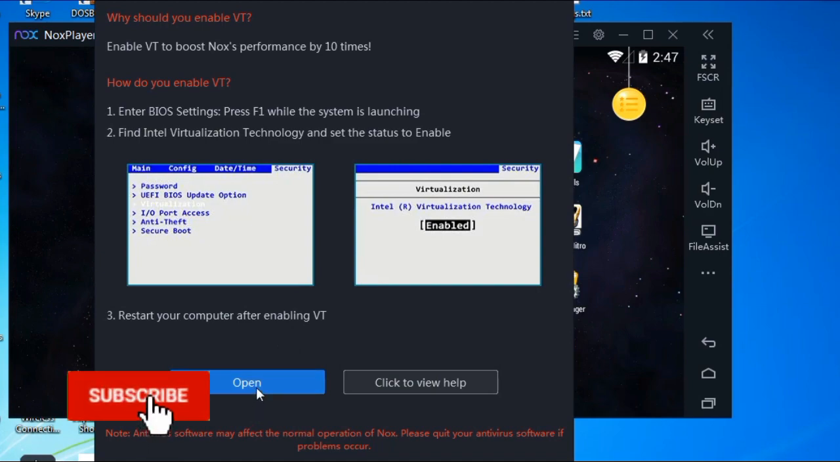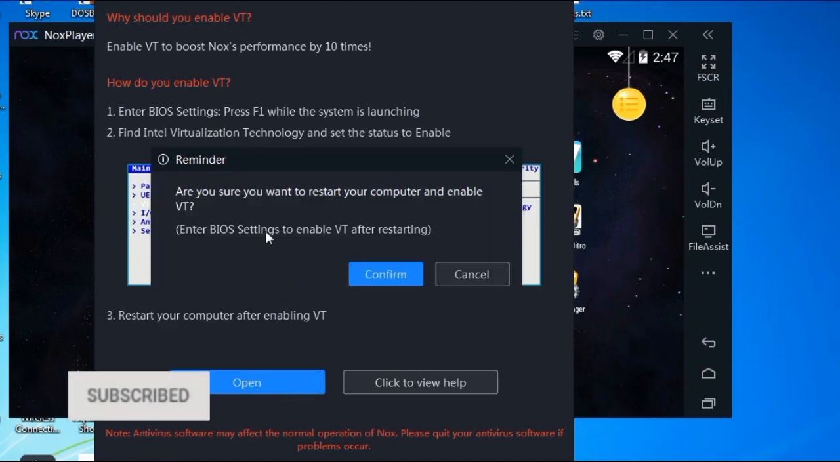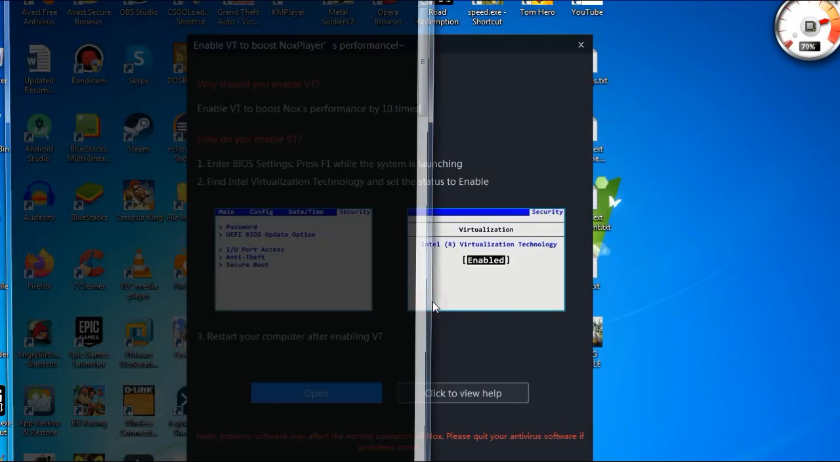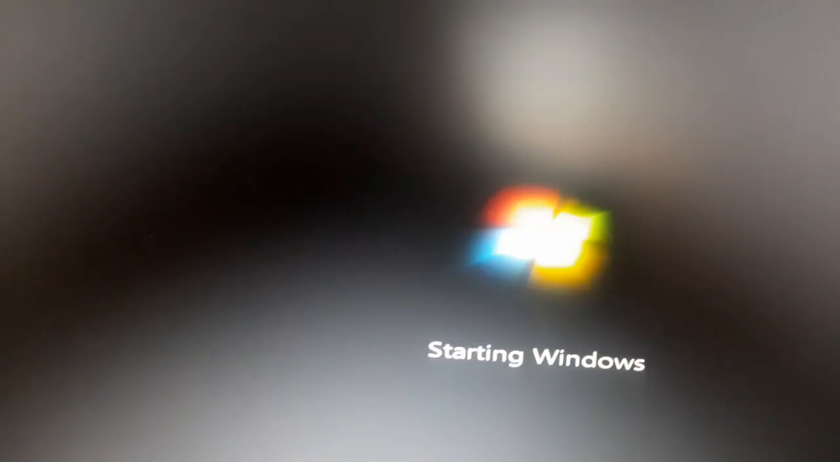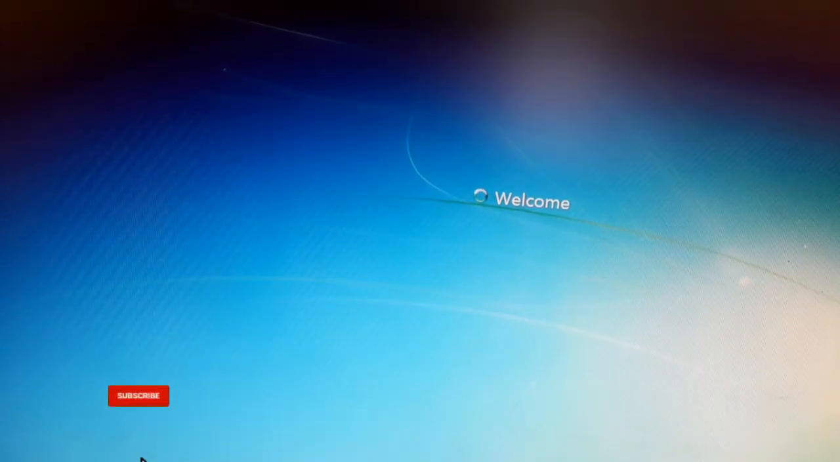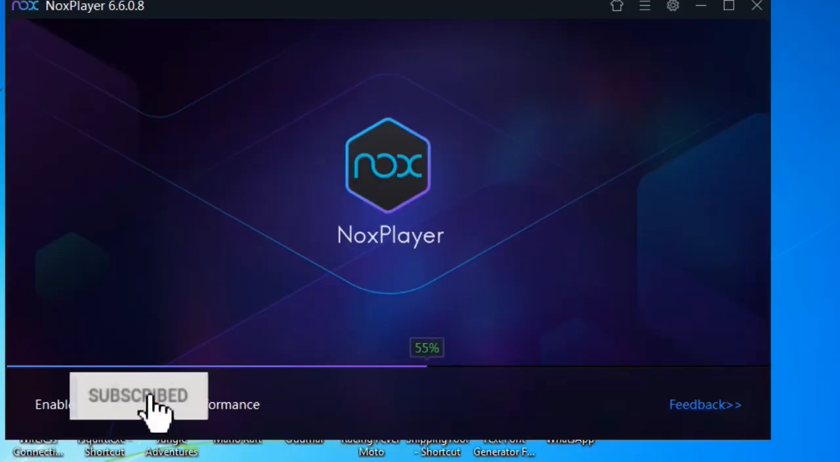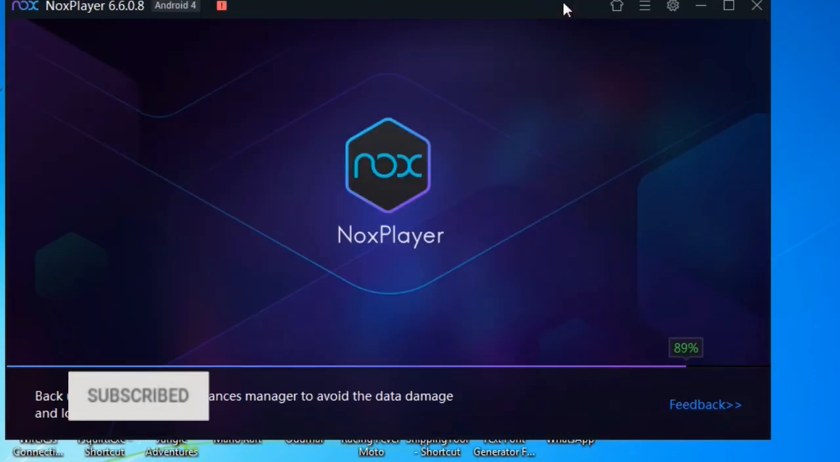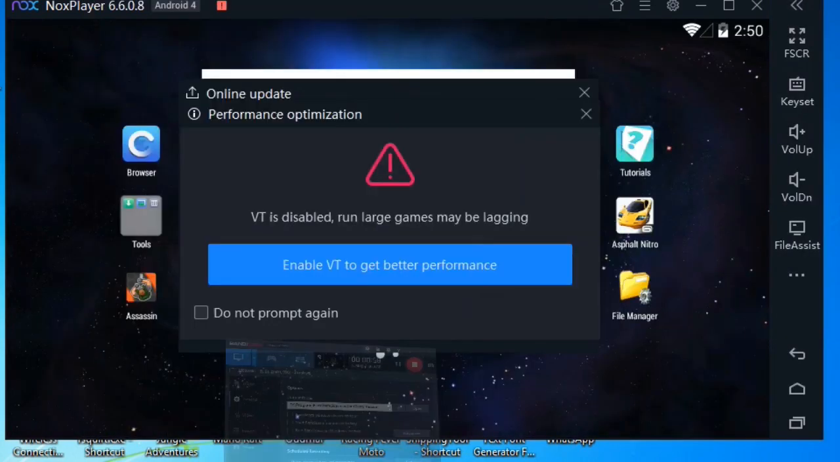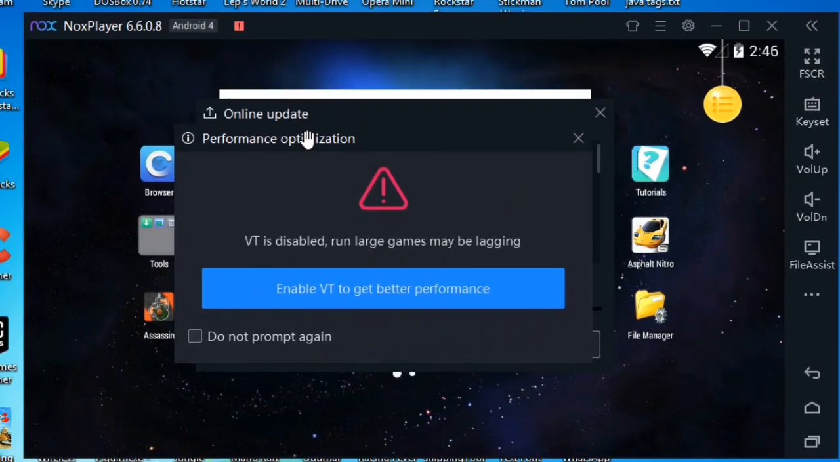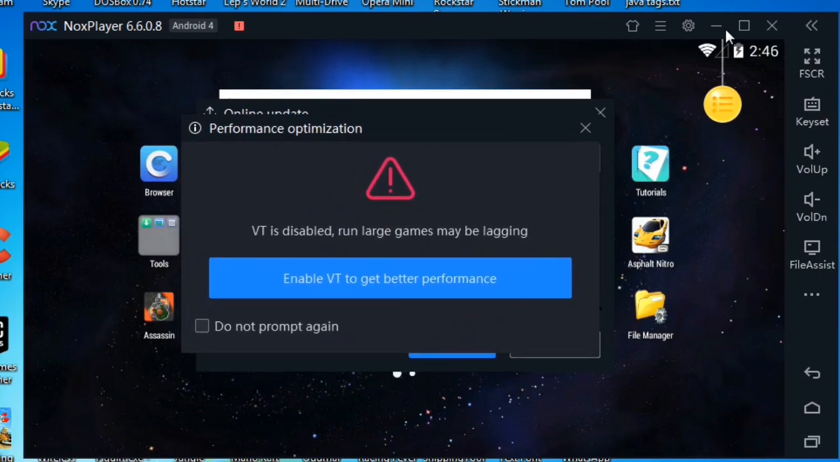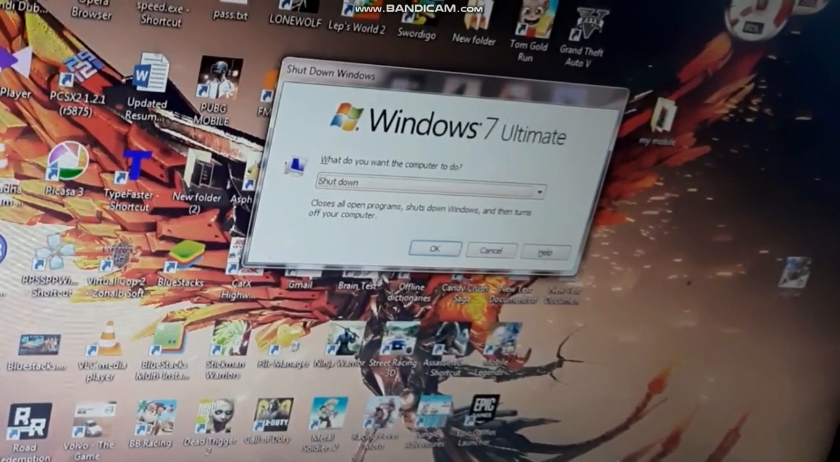By watching last step you will click on open. Then again you will see another pop-up stating that are you sure you want to restart your computer and enable VT. You will click on confirm, then your PC will restart. You will think that computer might automatically enable VT and restarting. After restart you will happily open Knox player by thinking issue might have automatically fixed, but still you will face that same issue. Now let's fix this issue। दोस्तों अभी यहाँ से आप वीडियो के स्टेप्स को फॉलो कीजिए।